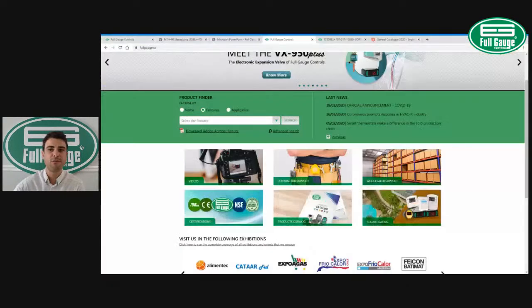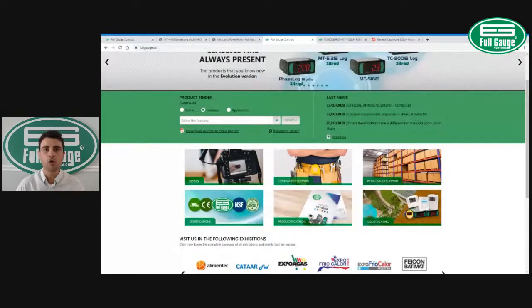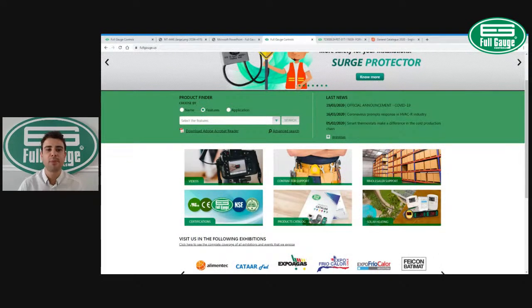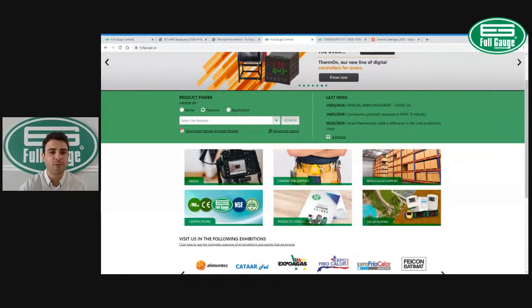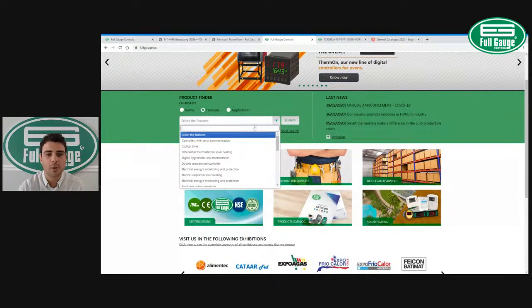And once you know that, you just need to know what you need to control. Is it compressor, fan, and defrost? Is it only compressor? Is it only compressor and defrost? My fan, I don't need to control the evap fan independently. Once you know those things, now your product selection will be much easier. So under the feature selection in here, you have different options. For example,